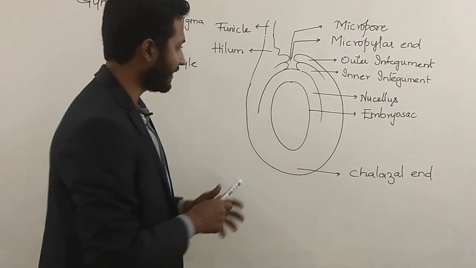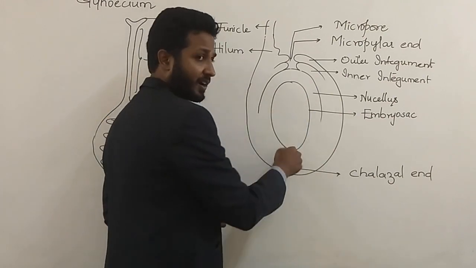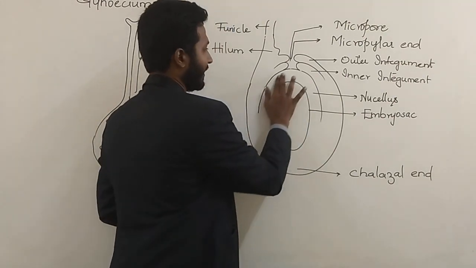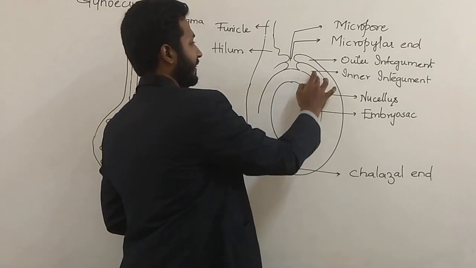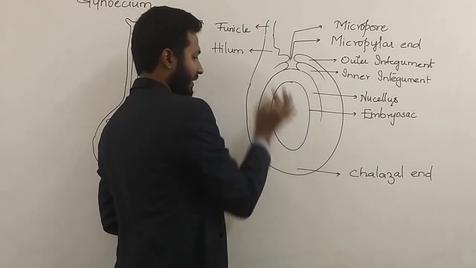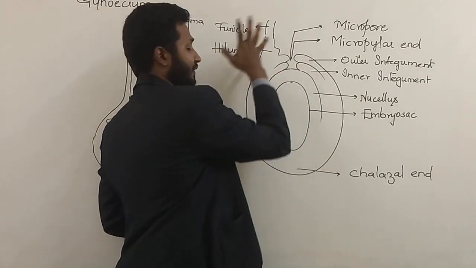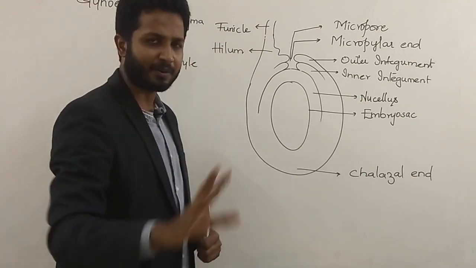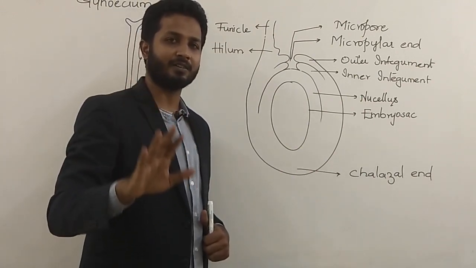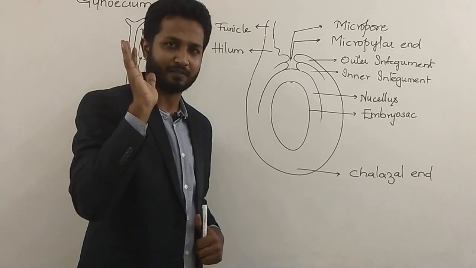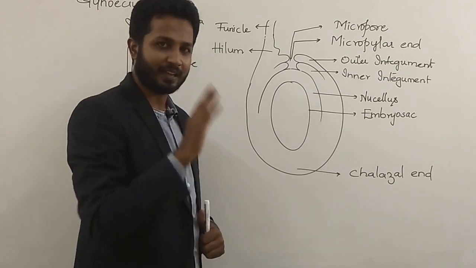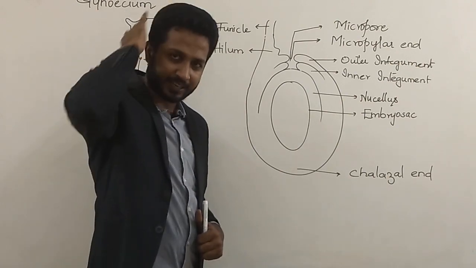Okay? I repeat again, you draw an egg-shaped structure called as embryo sac, which is surrounded by nucellus. Then you have integuments, micropylar end, chalazal end, hilum, funicle. It is very simple to draw. Imagine that someone has gone to pilgrimage, like for Hajj or Umrah. When they go there, they will shave their head.